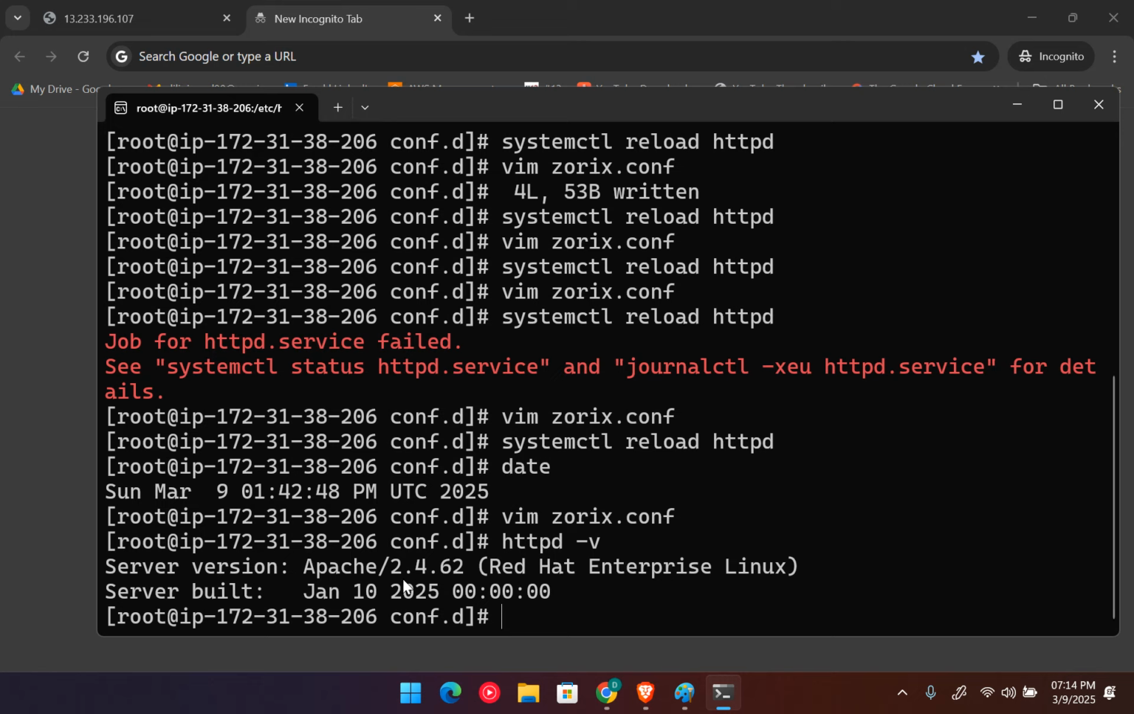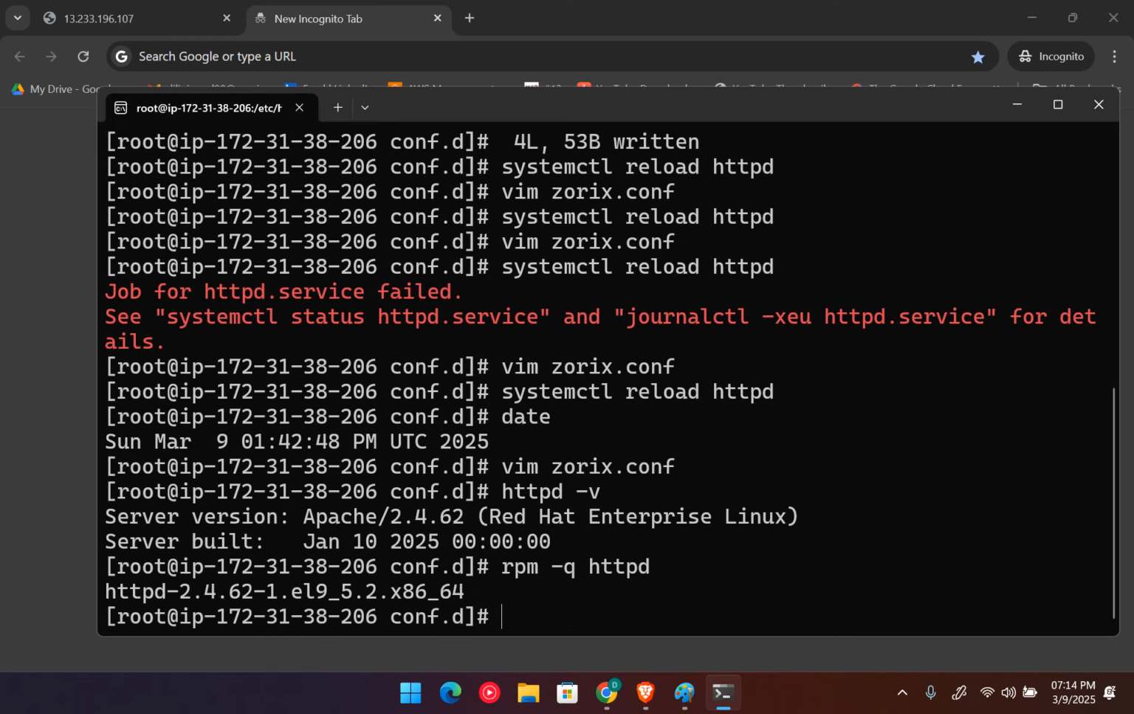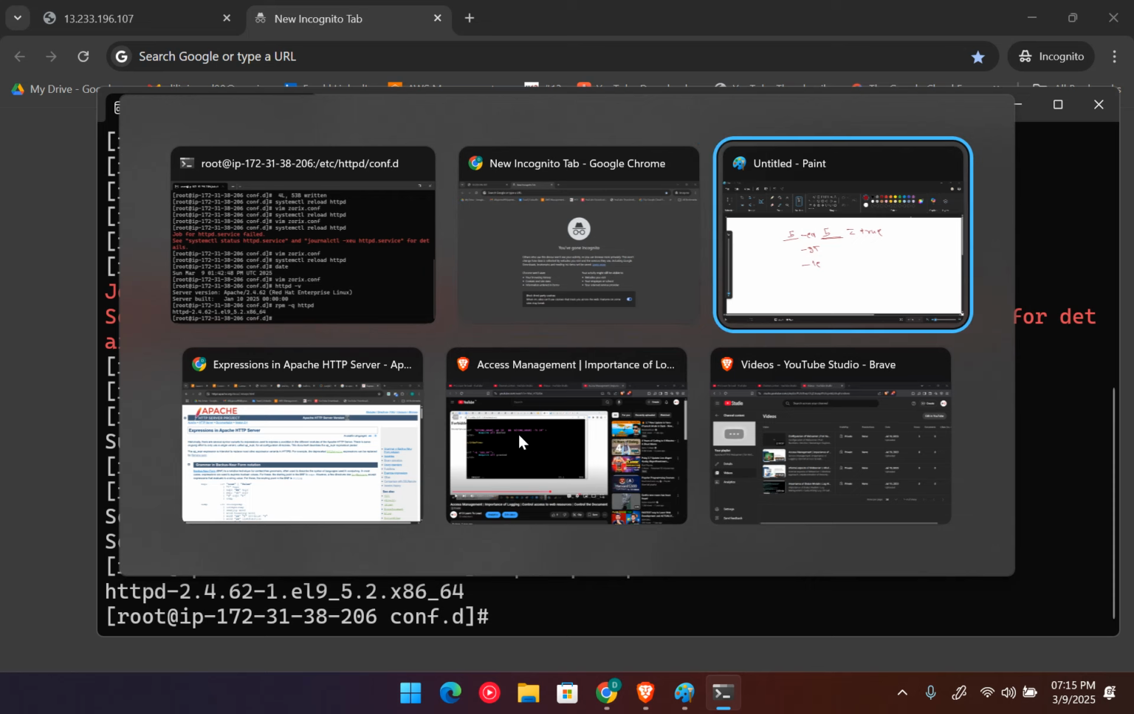Or else, you can see here we have the HTTPD web server 2.4 version available, or you can use rpm -q and check the HTTPD web server version here also. Okay, so you can see we are running on the 2.4 version. It's the latest version. Now what I can do,